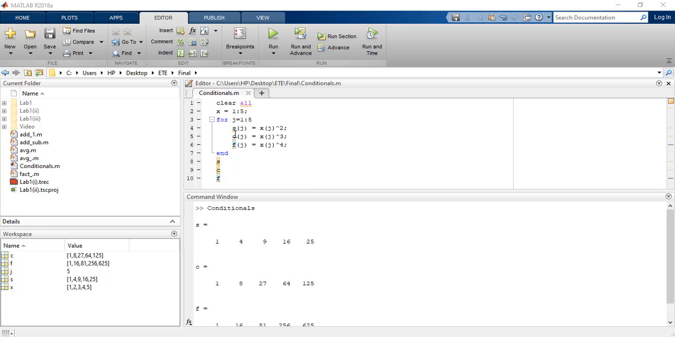Moving on, it will run the same again, x 1 to 5, then j will run 5 times. What will happen, the j will be powered by 3. So powered by 3, 1 is 1, 2 to the power 3 is 8, 3 to the power 3 is 27, 4 to the power 3 is 64, and 125 is for 5. So if we go to the next example,